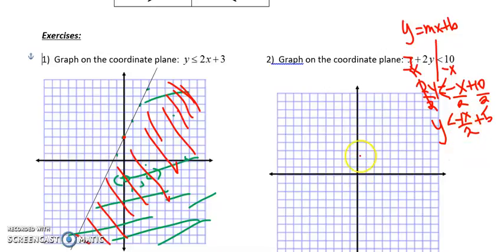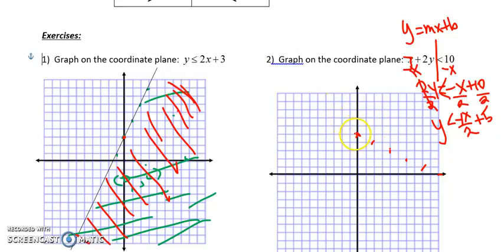So let's draw that first. We're going to start at the y-intercept, which is 5. 1, 2, 3, 4, 5. Put a dot there. And then we're going to do negative 1 over 2. So go down 1, 2 to the right. Go down 1, 2 to the right. Go down 1, 2 to the right. So keep doing the whole thing, because we want to go all the way through so we can divide the